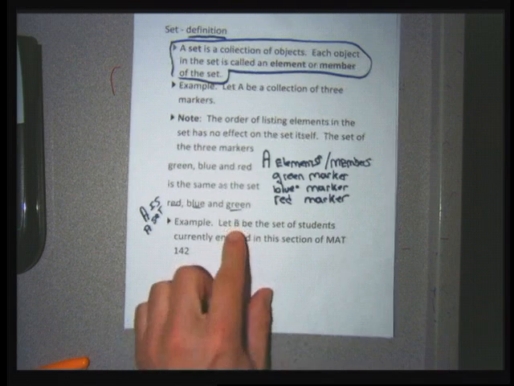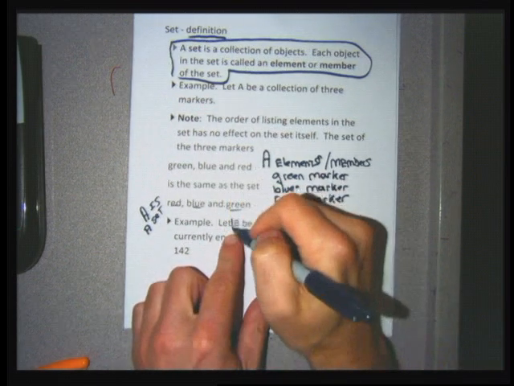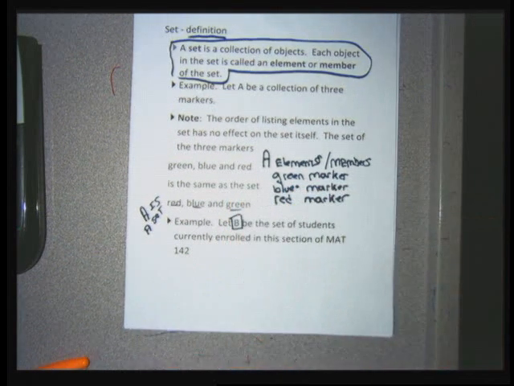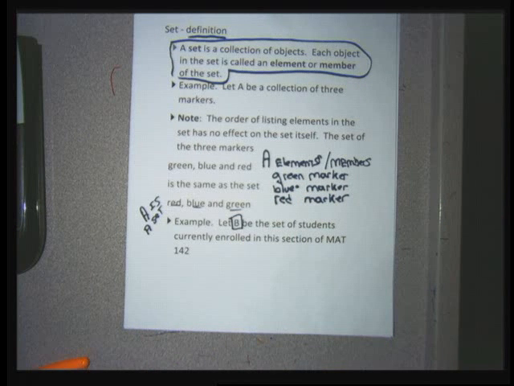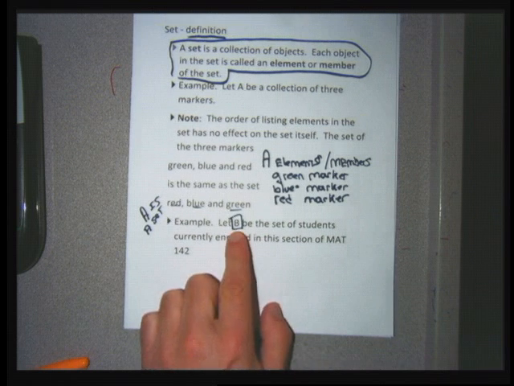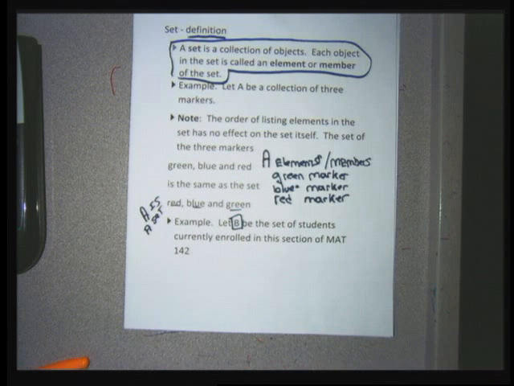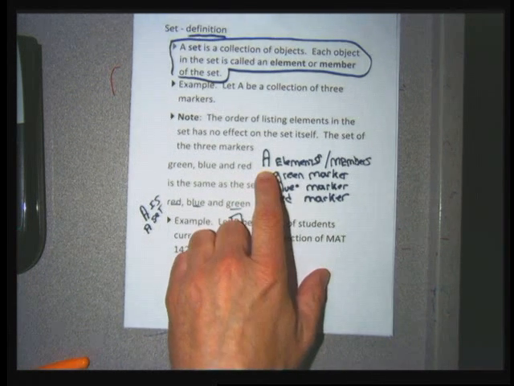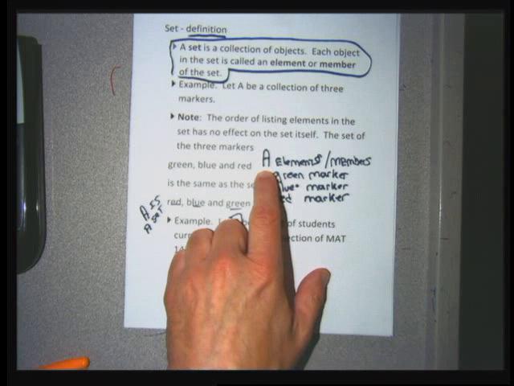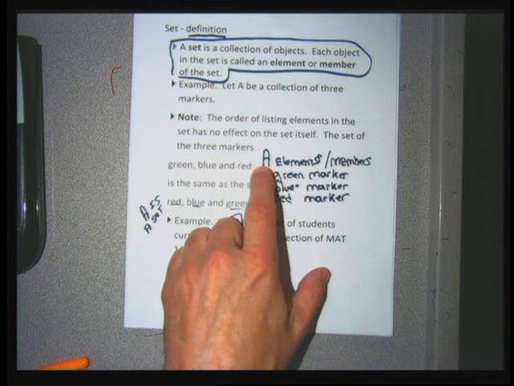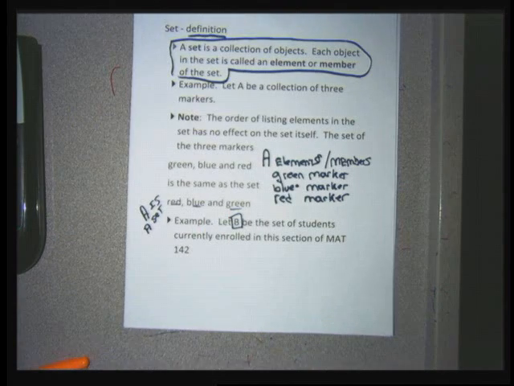And again, I named a set with a capital letter. That's common in mathematics. If you're defining a collection of objects, which is a set, normally we give that collection of objects a name, and normally it's a name that has a capital letter. S might be a better name for the set, S meaning students. M might be a better name for the first set, M standing for markers. In the cases, the letters I picked, A and B, I just picked them because they're the first letters in